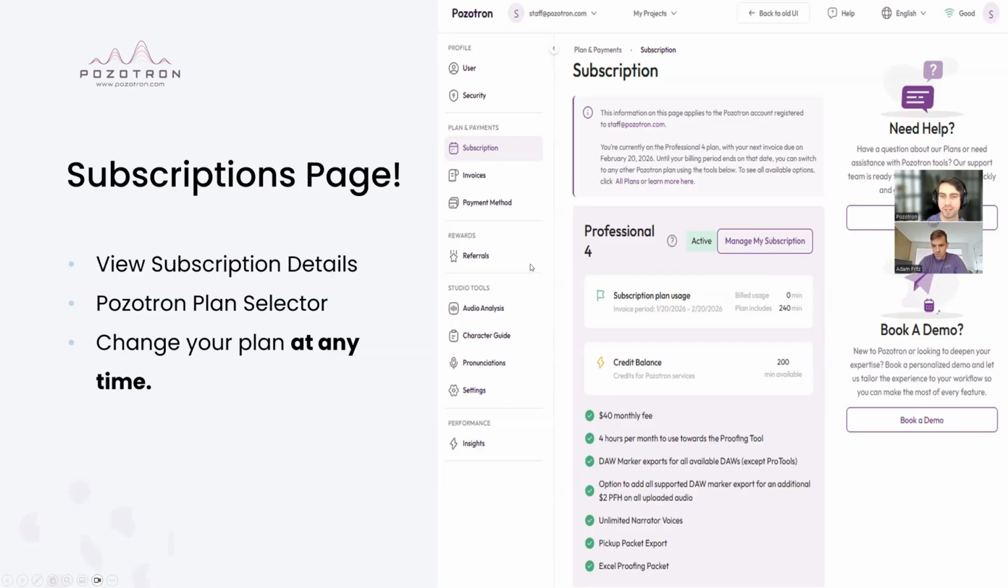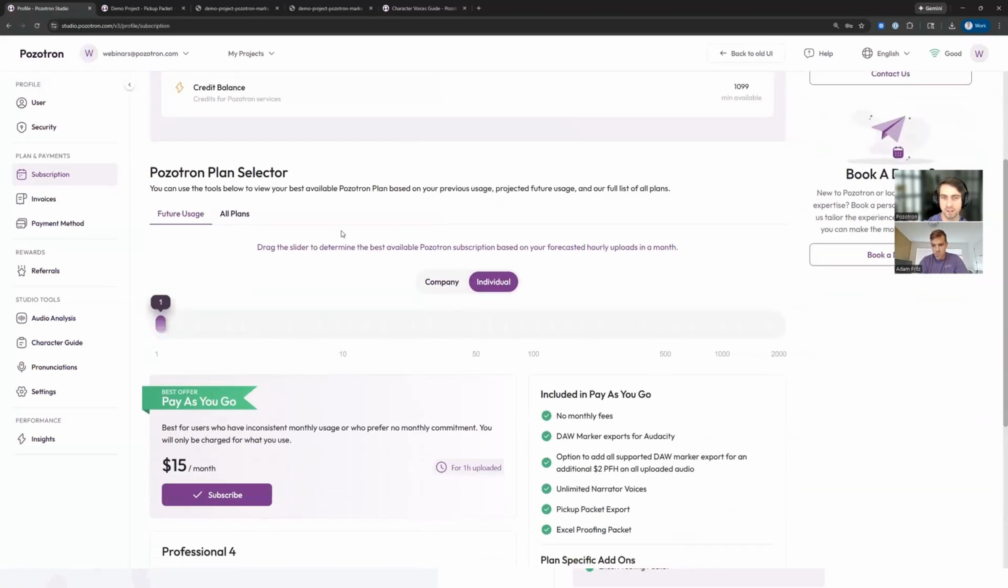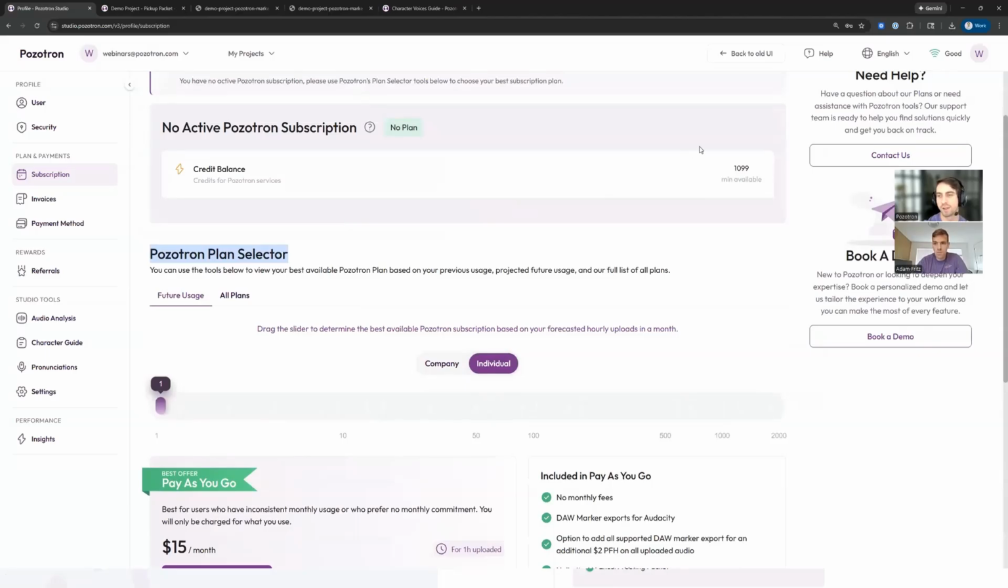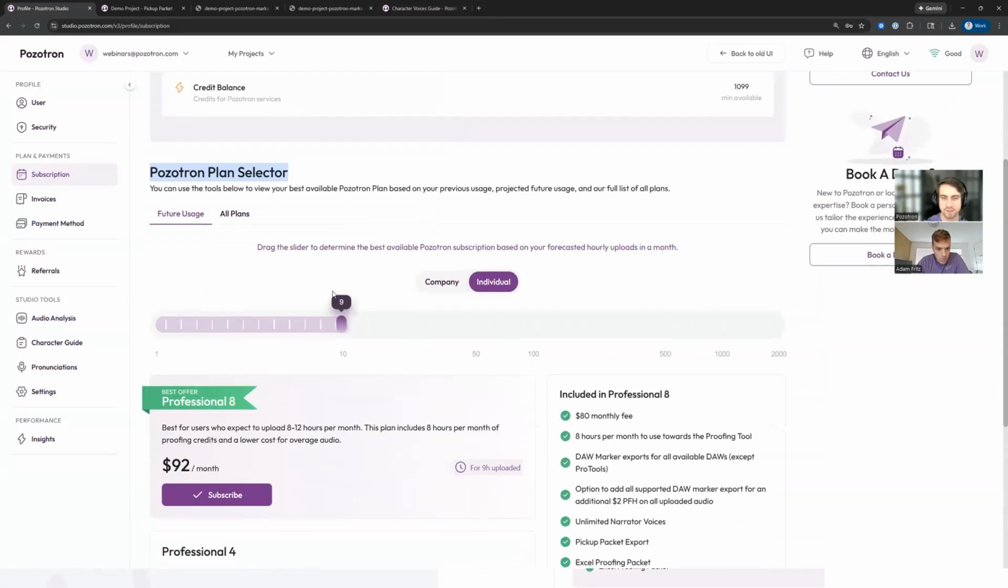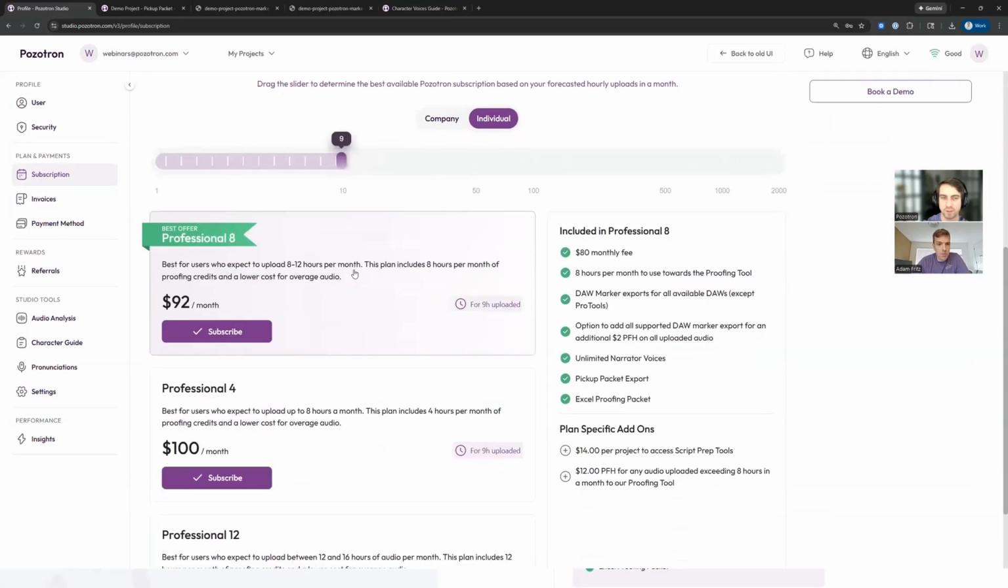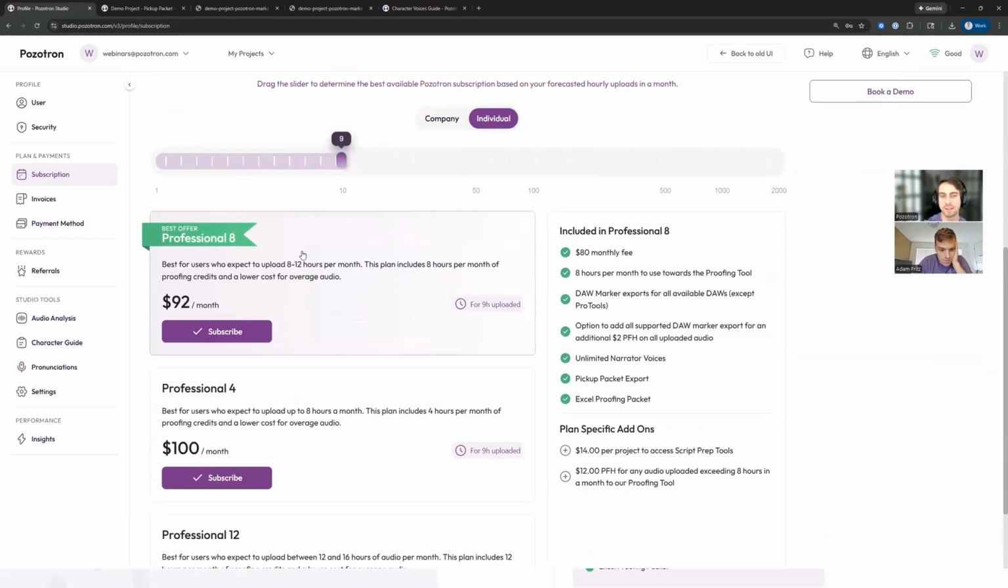And being able to switch your plan at any point, if I come back to this here, means I can scroll down and use our Pozotron plan selector. So I can see I've uploaded 9 hours this month and my billing period is in 2 days. I can use this little slide bar here under the plan selector, see, okay, I've uploaded 9 hours. What's the best plan for me to be on? Because if you're not on the right plan, you might pay more than you need to. And now you can easily see that, okay, I need to be on the Pro 8 plan, just hit